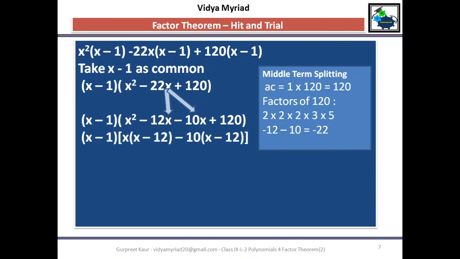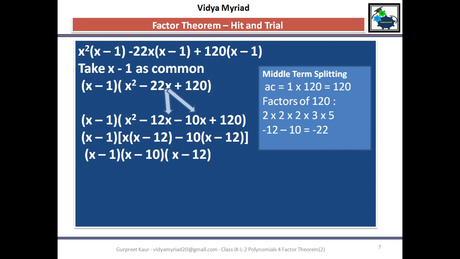Now after this, x square minus 12x is one pair. Take out x common. Inside will be x minus 12. In the second, minus 10x plus 120, 10 is common. I have taken minus 10. So inside will be x minus 12. Both are same. So in the middle term, you will try to see that the bracket part will be same. If it is not same, there is some problem in the sign, you need to recheck. There must be some mistake.